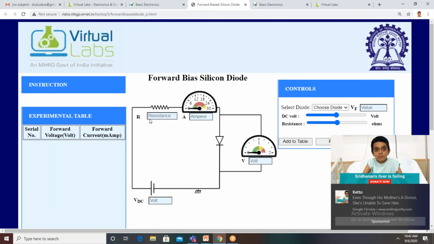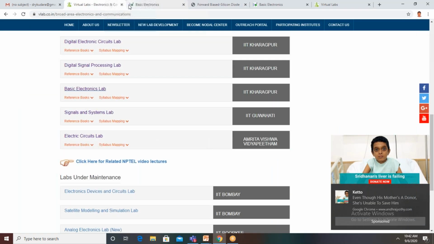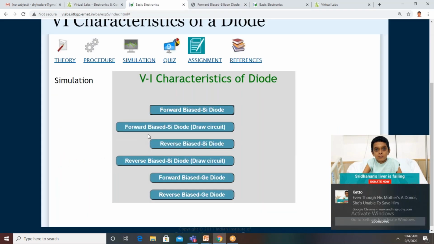This is the circuit diagram for forward biased silicon diode. Here the circuit is readily available with connections, so you need not make any connections here. If you want to make the connections, you choose this one, the same forward bias silicon diode, draw the circuit diagram. What is the difference between these two? In the first case, these are the same experiments only.